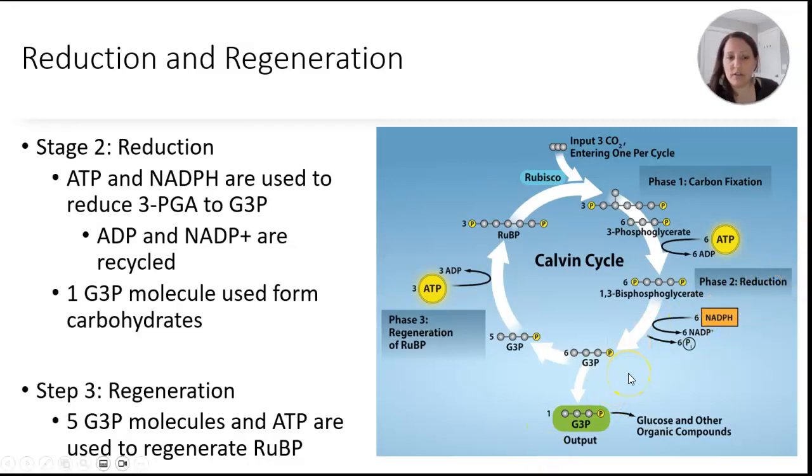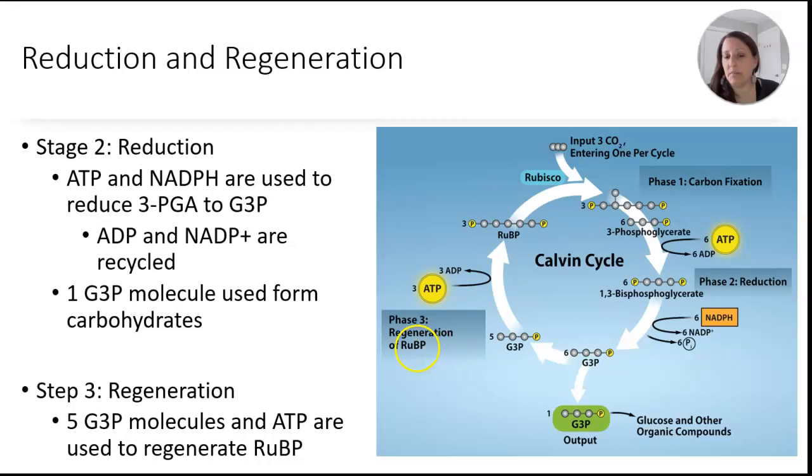Let me just add to this just a little bit. So the 6 molecules of G3P, which again stands for, do I have it written anywhere? I don't know, glycerol 3-phosphate. So of these 6 molecules, one of them is an output, a product. And so one of them will eventually become glucose or other organic molecules. The other 5 are actually going to be used in phase 3, which is called the regeneration of ribulose bisphosphate,